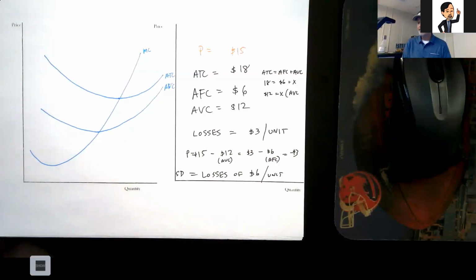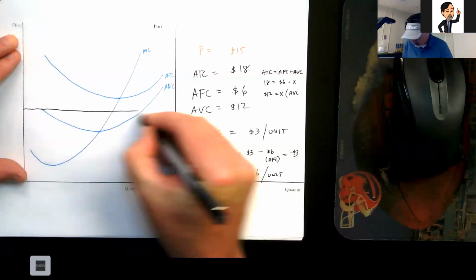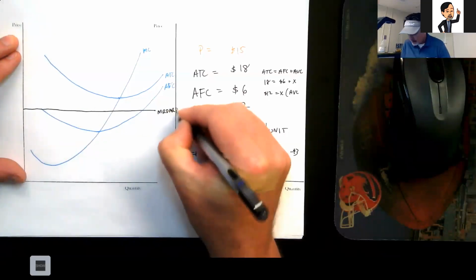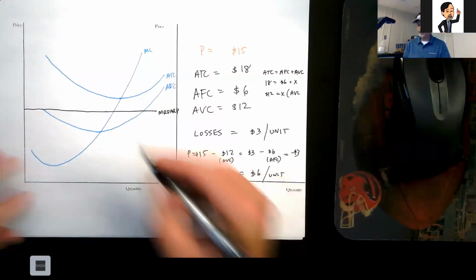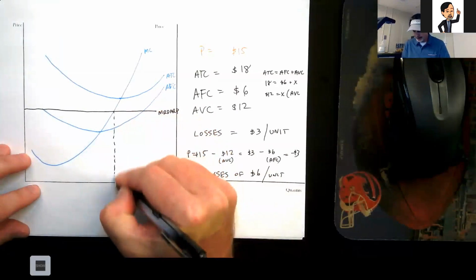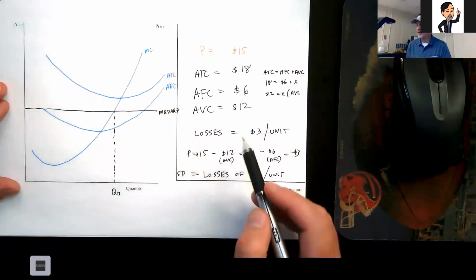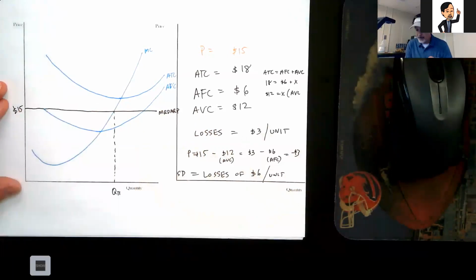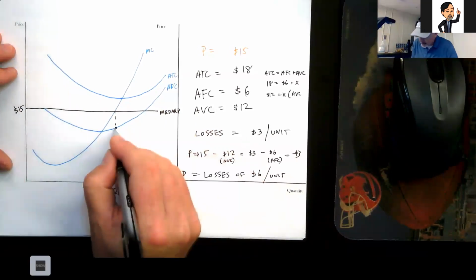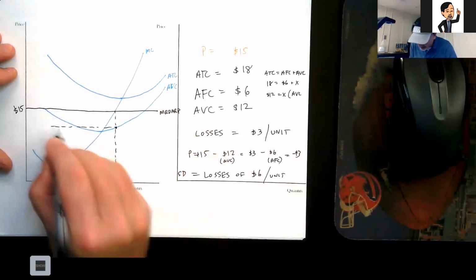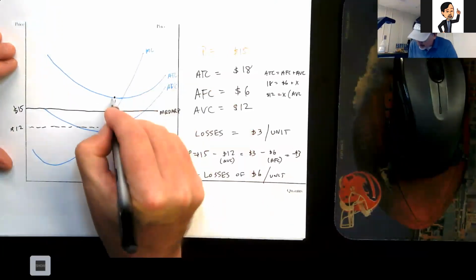Okay, what does that look like on the graph? Looks like this. Where is this firm going to choose to produce? At the quantity where MR equals MC. Here's the price they can charge, and I'm going to use the numbers from our example. So there's our $15 that they can charge, right? At that quantity, we know that our average variable costs were $12, and we know that our average total cost